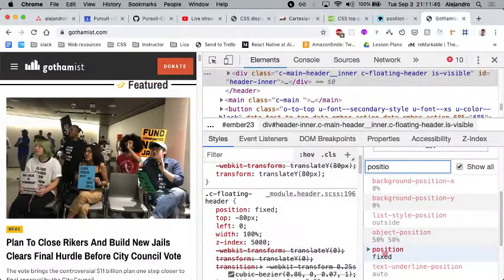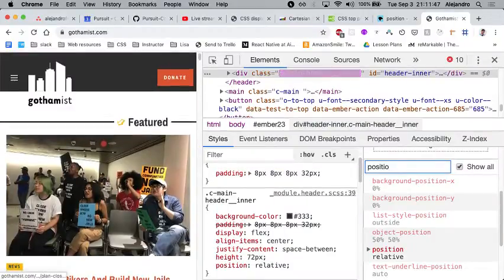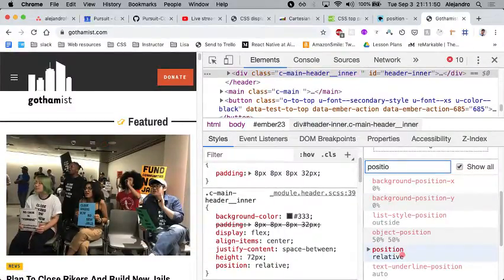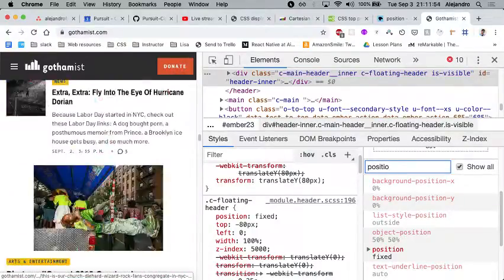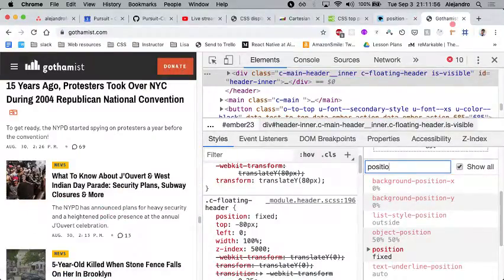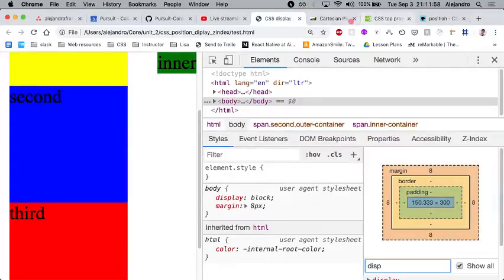So we can see position fixed down here. And as we scroll up, it changes to relative. So that's another good example, that nav bar there. Also, this example has one,